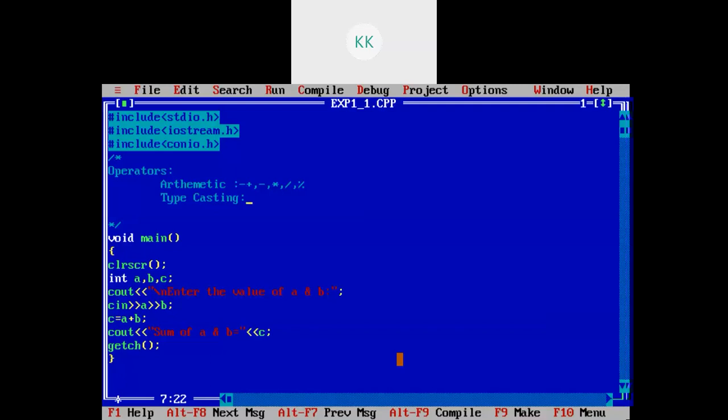These are two different data types, so automatic typecasting will be done. Whenever you have one operand as float, the result will always be float. If you have both operands as integer, you will get output as integer only, right? So in typecasting, the integer will get typecast to float if one of the operands is float, right?